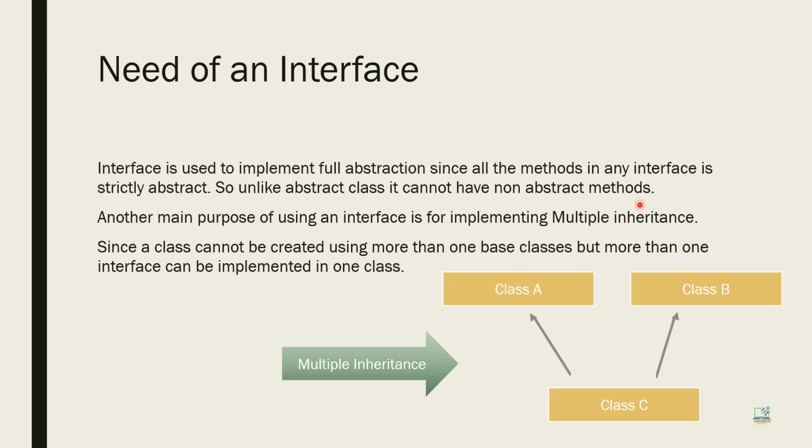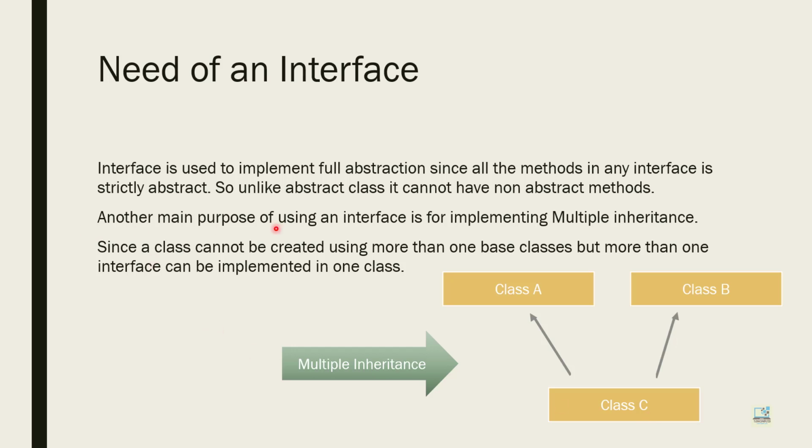If some of you do not remember what multiple inheritance is, I have the diagram in front of you. See, class A and class B. Using both the classes, class C is derived. So when more than one class is used to derive one class, it is known as multiple inheritance. We can say many to one. Many classes are used to derive one class. Many to one, that is multiple inheritance.